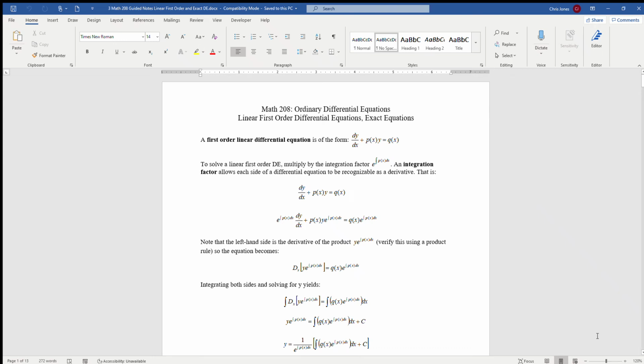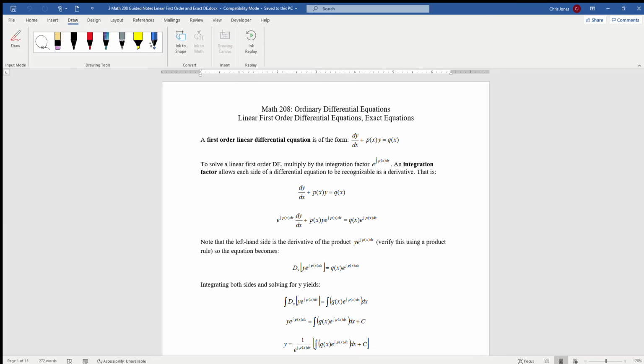In this series, we're going to take a look at two more types of first-order differential equations, pretty common ones, one of which is going to be called a linear first-order differential, and the other one is going to be called an exact equation. A first-order linear differential is one that has a particular form, and the particular form is